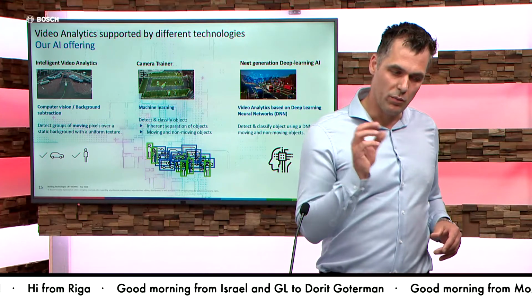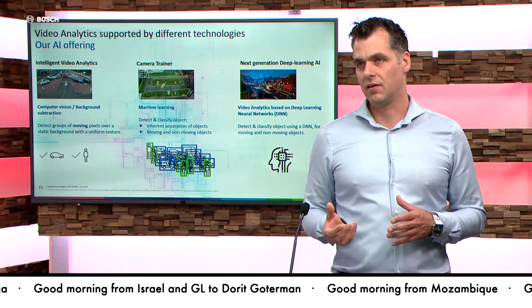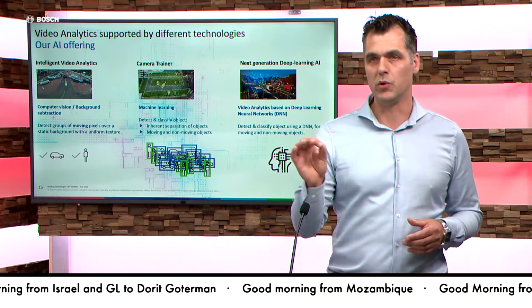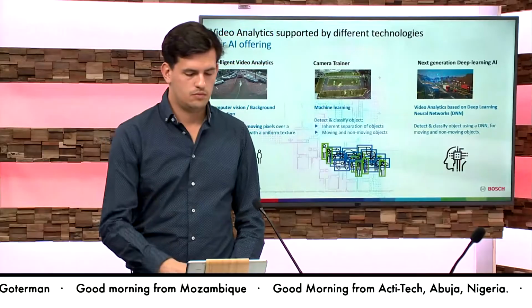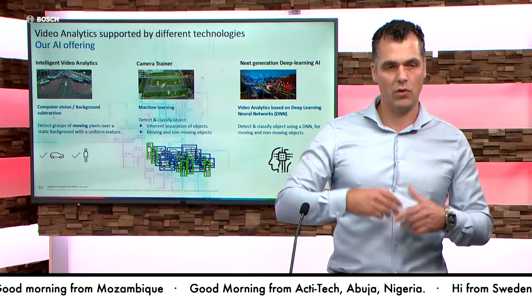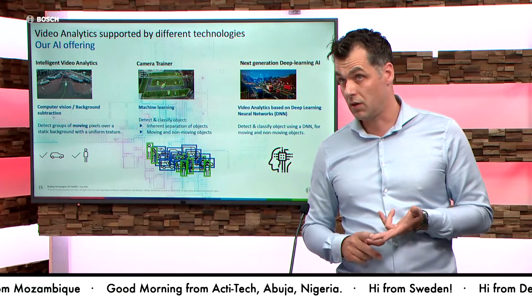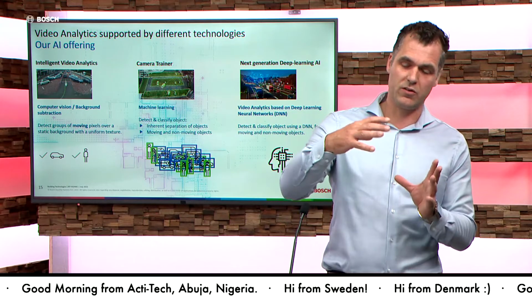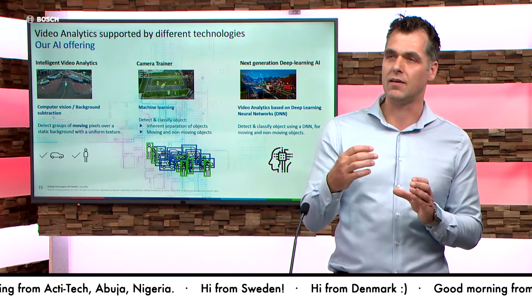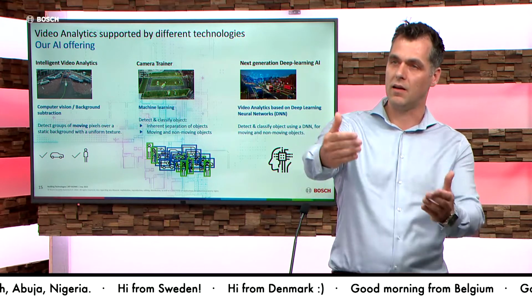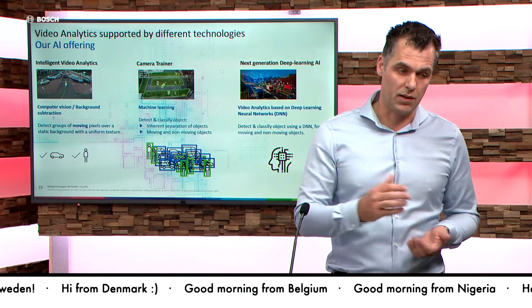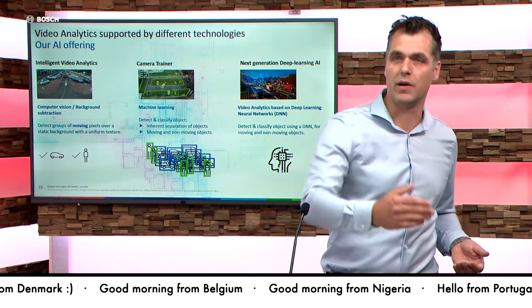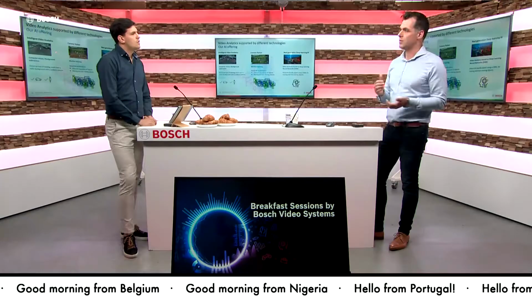Because the moving pixels which you are detecting can be relatively small. And an AI engine already needs to have a certain shape or modeling or contouring of, okay, this might be a person or this might be a car. So that means your object size, which you are detecting, needs to be slightly bigger, and that also has a distance impact. So IVA in a perimeter application where you want to see very far away still has the bigger benefit there.